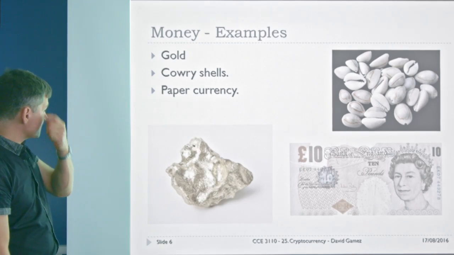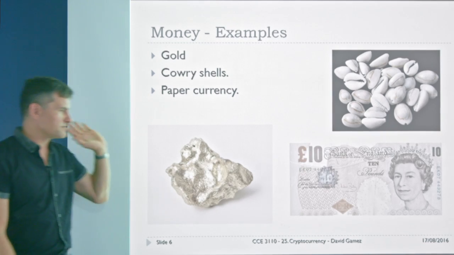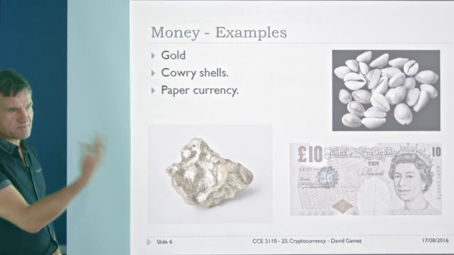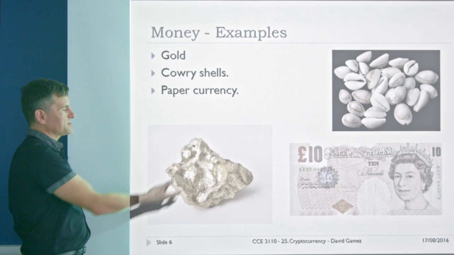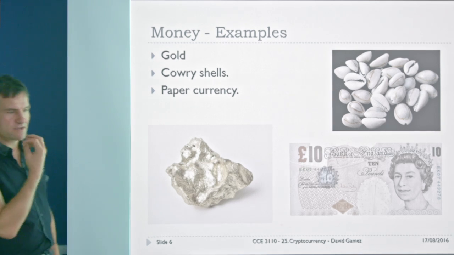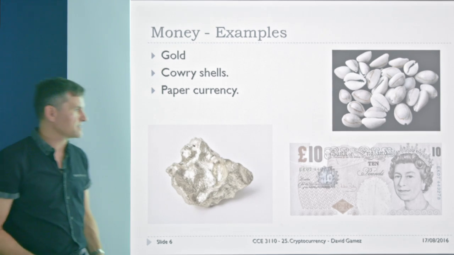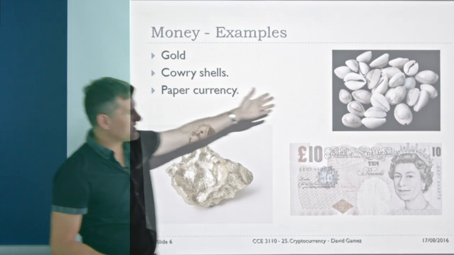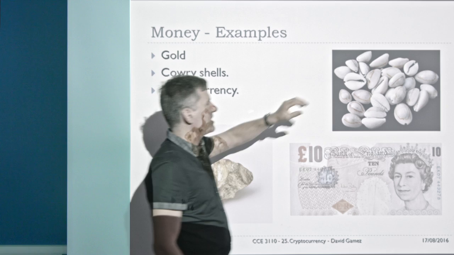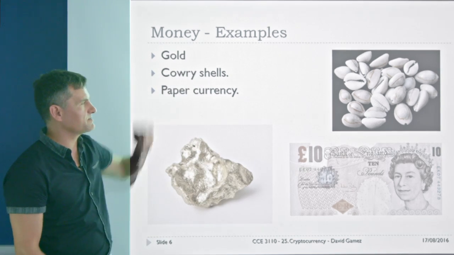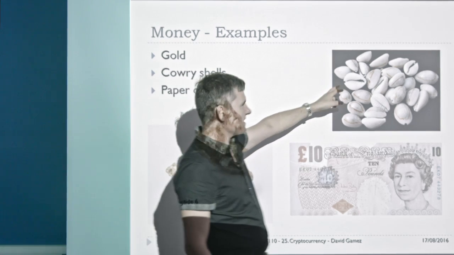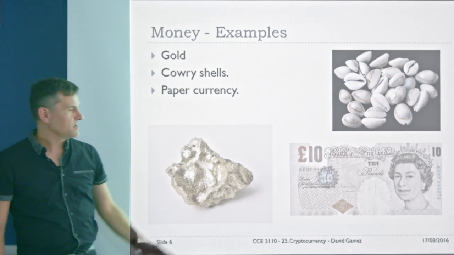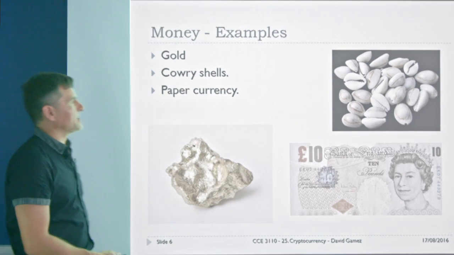So I'll give you a few examples. We've got gold, a classic one, used probably throughout history. It's scarce, it's kind of tricky to get hold of, but not too scarce. It's fairly easy to verify its authenticity: you can bite it, do chemical tests, density tests, and so on. And it's pretty durable, a good store of value. Then we've got cowrie shells used in parts of Africa, and other shell currencies used elsewhere. They're really tricky to fake, because they're very detailed, small and convenient. That's also a nice feature of money. And then we've got paper currency issued by banks and so on.